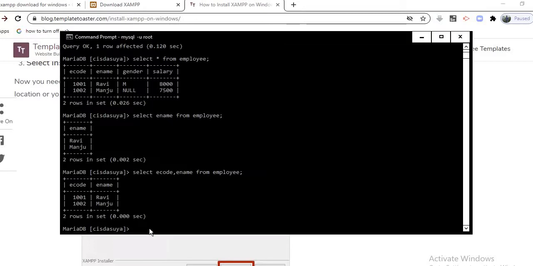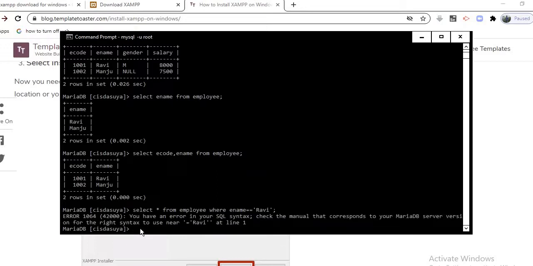Now let's say we want to place some small condition, because we have very few values, but let's test one. Select asterisk from table name employee where, let's say, e-name is Ravi.